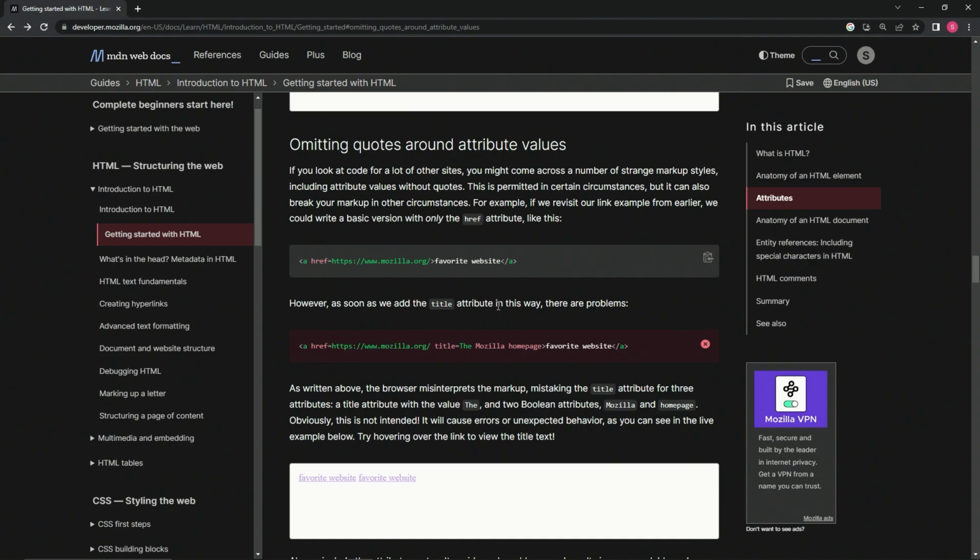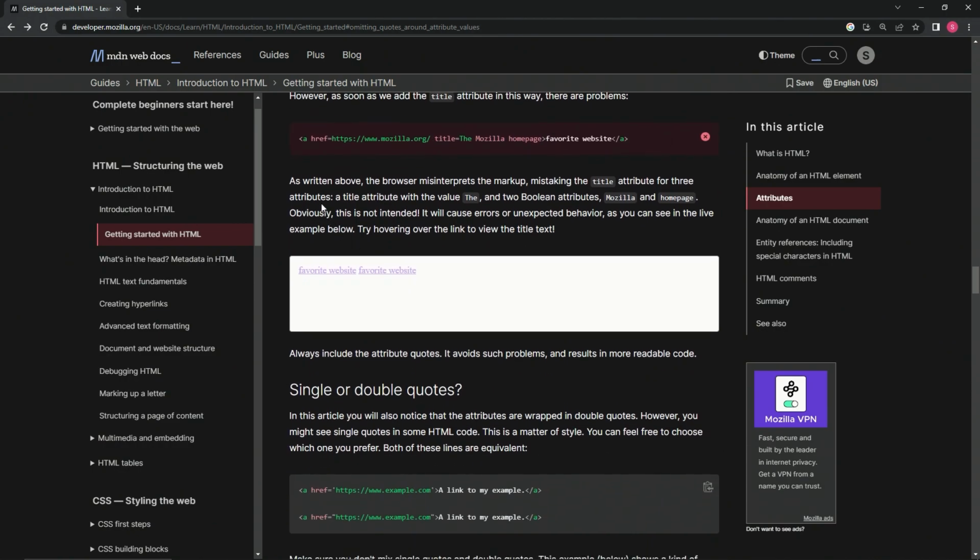However, as soon as we add the title attribute in this way, there are problems. So with title, you see they only have the. Now that there's white space, this is done like a Boolean attribute, and this is too, but neither of these Boolean attributes even mean anything. So yeah, it's going to break. So as written above, the browser misinterprets the markup, mistaking the title attribute for three attributes. The title attribute, right here, the, and then two Boolean attributes, like we just said, Mozilla and homepage. Obviously, this is not intended. This will cause errors or unexpected behavior,